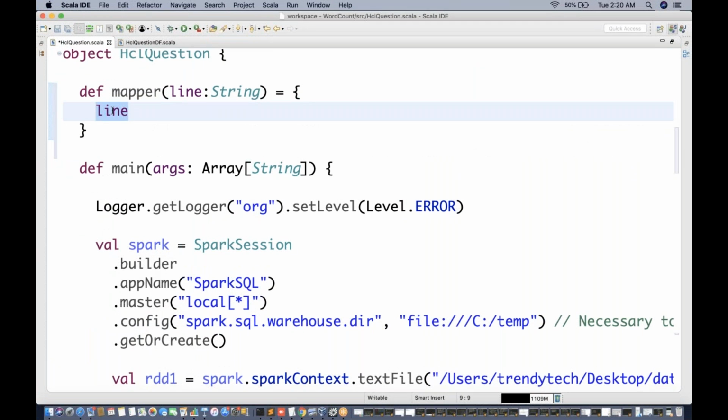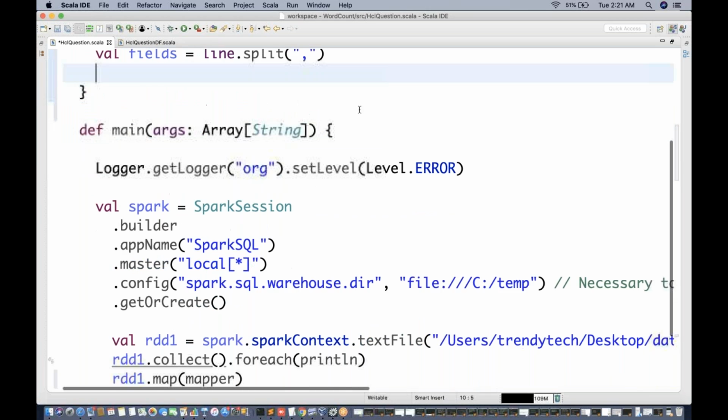So what you want to do is say line.split based on comma, and this will basically give you an array. So you can just say val fields, any name you can give, does not matter, equal to this, and fields will be an array. If you hover on it, it will say it's an array of strings, right?